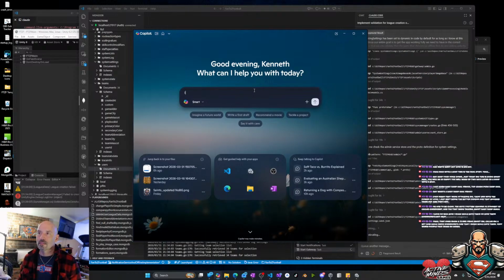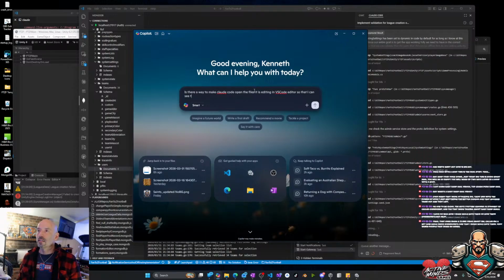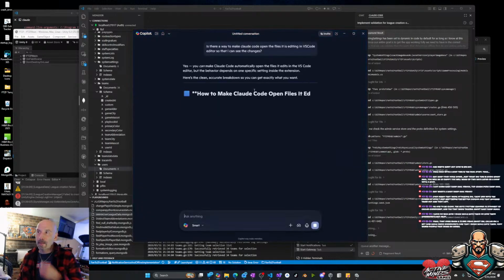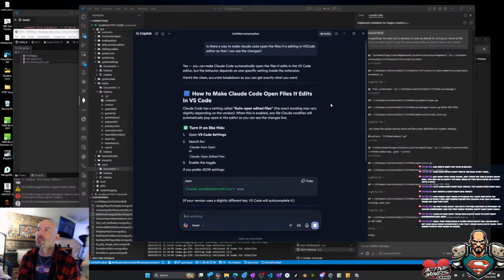Is there a way to make Claude Code open files it is editing in the code editor so that I can see changes? Settings inside the extension. Claude Code has a setting called Auto Open Edited Files.